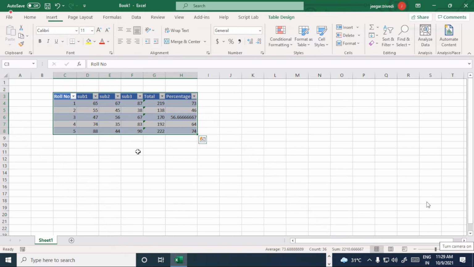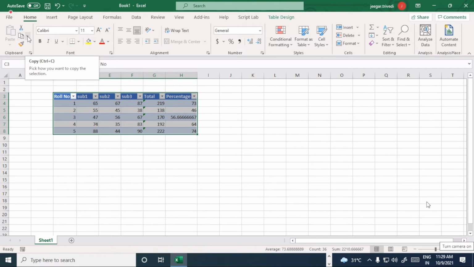For example, this is a critical file that contains marks of the students. So I am going to use the copy option that is available inside the home menu. This is for cut, this is for copy, and this is for paste.